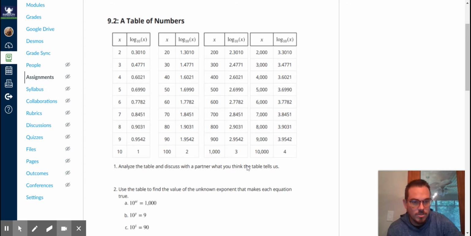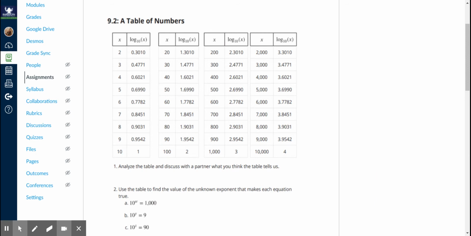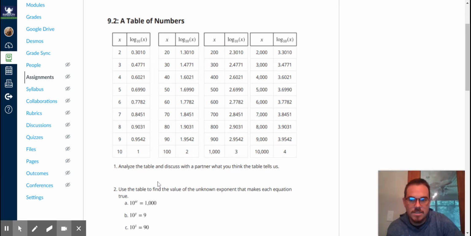Okay, so this is just a table of numbers that we have, and we're analyzing and discussing with the people around us or ourselves what we think the table tells us. So what this actually tells us is the exponent you raise 10 to get x. So this tells us the exponent,